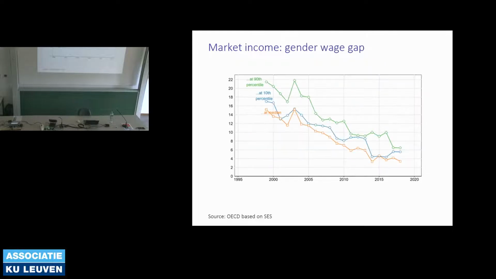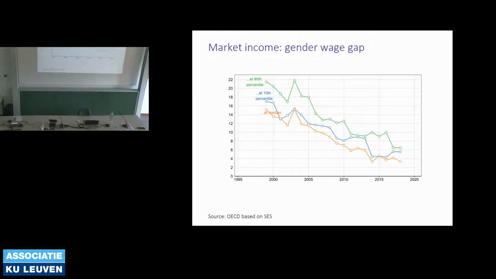Interdecile ratios. An interesting graph, which is basically the next graph in the database, was one that I was quite surprised by when I saw it the first time, and I don't know whether many people know it. This is the gender wage gap based on the same data. So how is it computed?